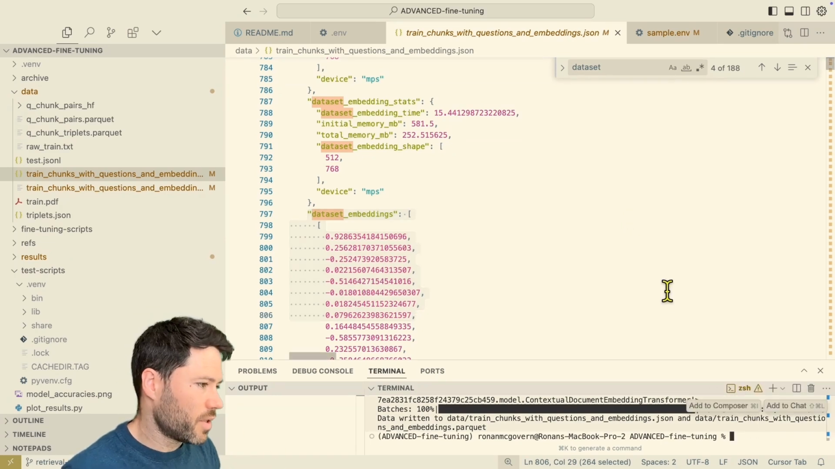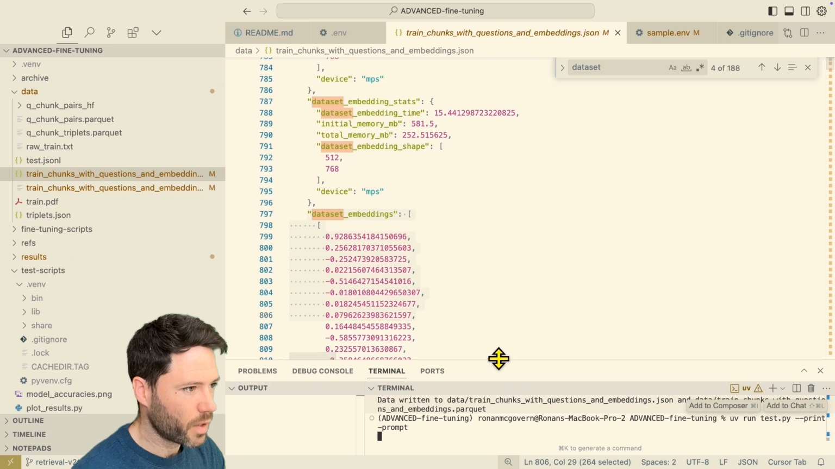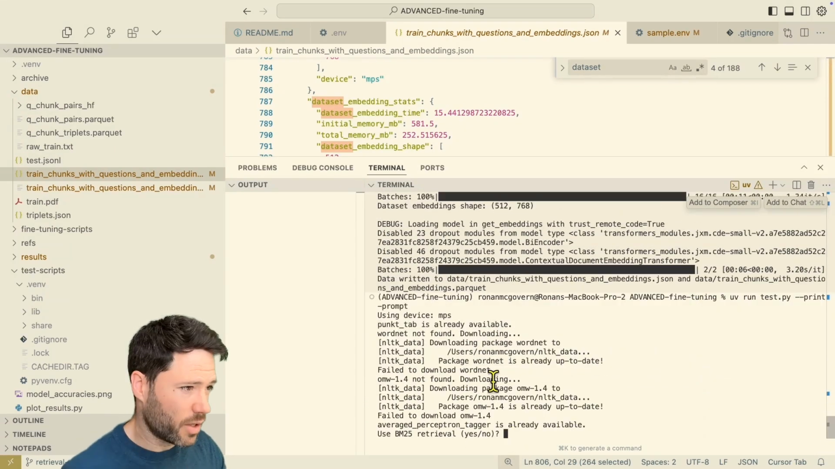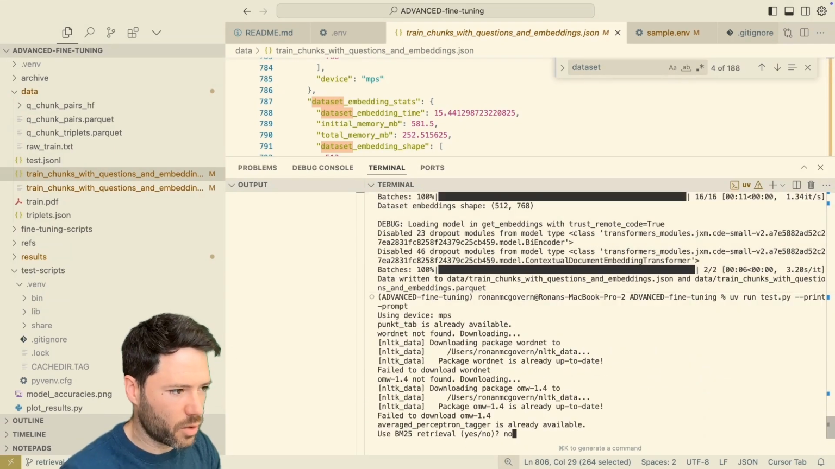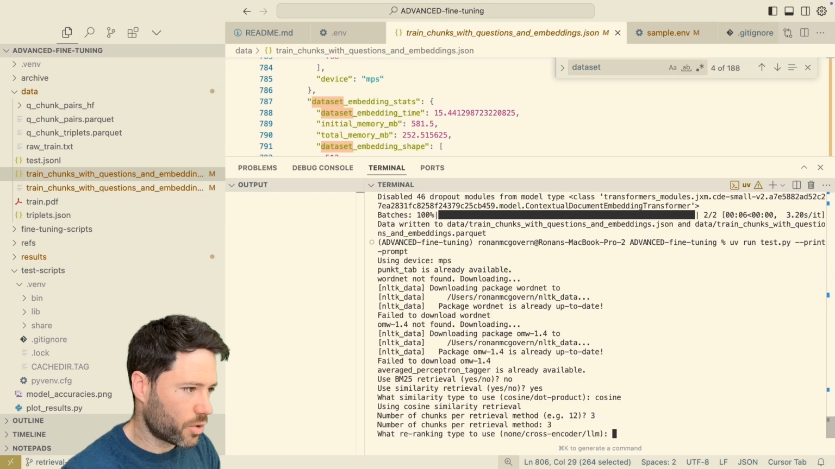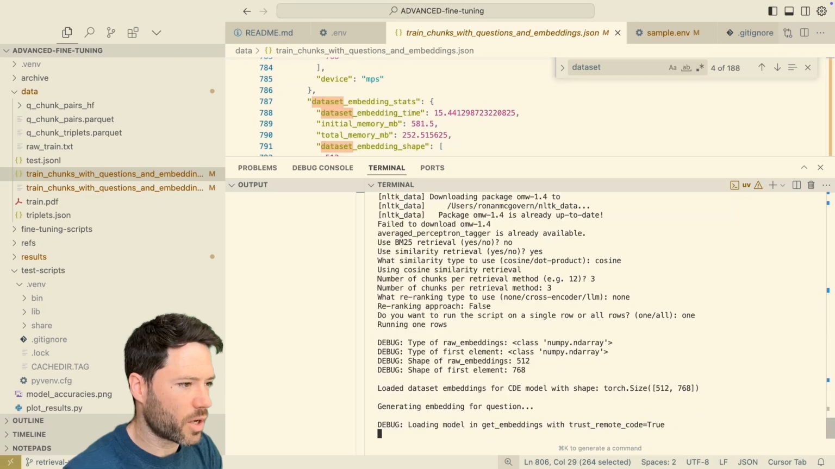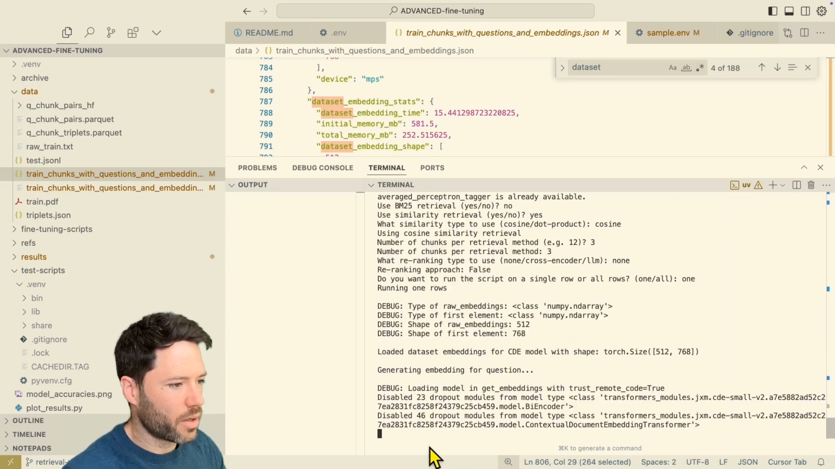So now we can run the second stage, and I'll do that by saying run test. And you'll see it's going to detect I'm using the CDE model. I'll say no to BM25, yes to similarity cosine here. I'm going to use 3 chunks. I'm not going to use a re-ranker, and I'm going to run just on 1 row. So we'll just answer 1 question. It's loading the model,